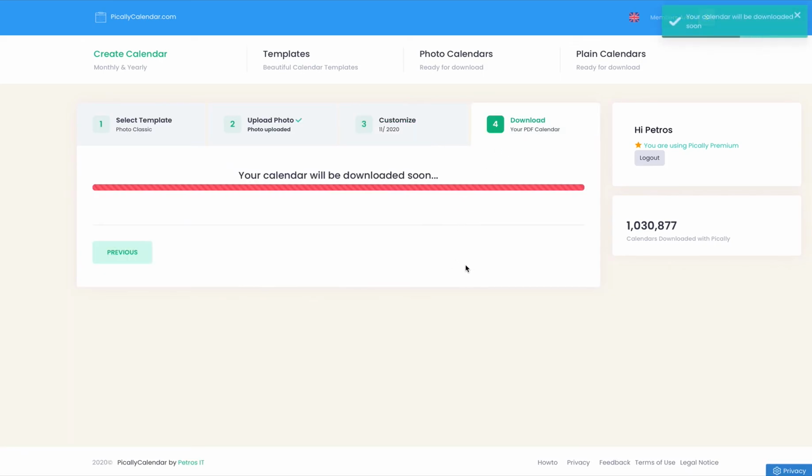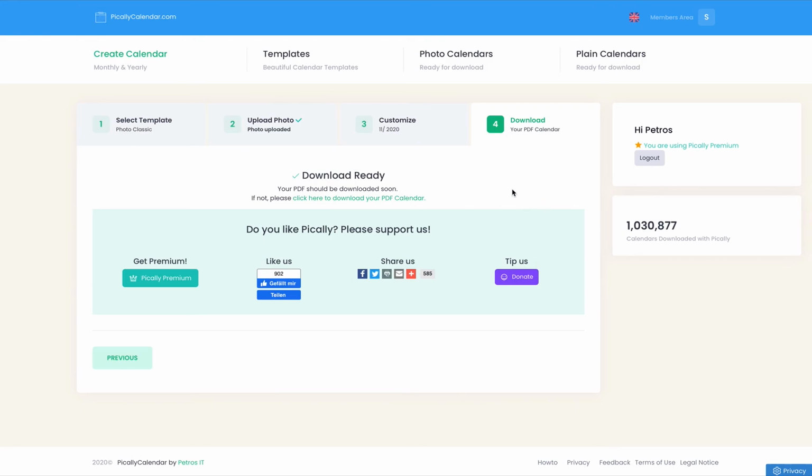Yes, that's pretty much it with the new version. We hope you like the new way of creating calendars. We think that this usability is much clearer than the version we had before. And yeah, so have fun